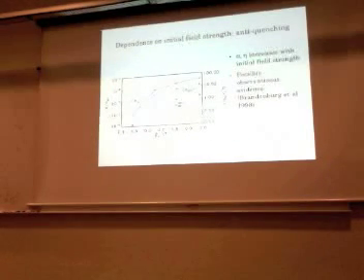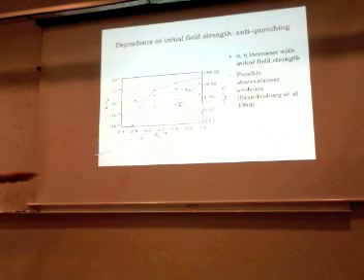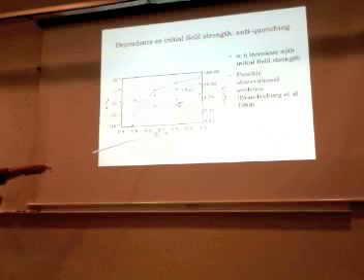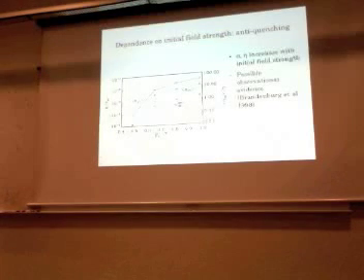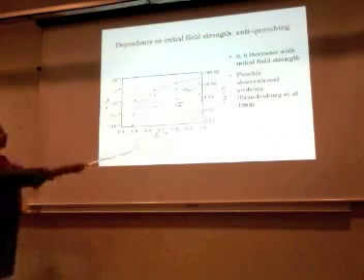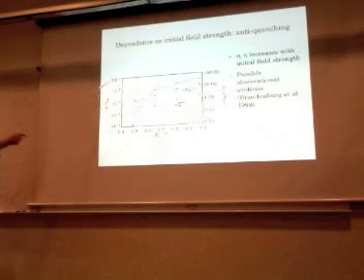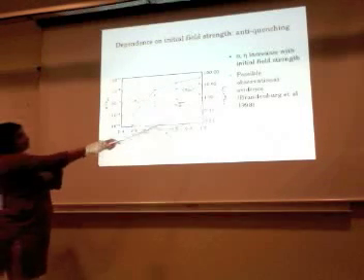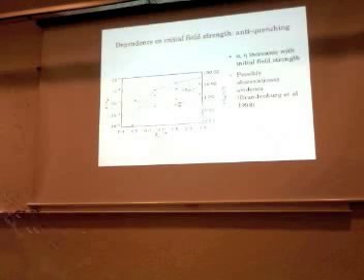Okay, and this is another interesting thing. What happens if the initial field in the layer changes? That is, in the case of stars, we can ask what happens if we change the plasma beta. For example, if you have a strong magnetic layer, what happens to the alpha that is generated due to this layer? So what we found is, this is something like a square root of the plasma beta, the initial plasma beta, which is, you can say, like the increasing magnetic field here, and these are the alpha coefficients, and then this is only one component of eta, which is eta 22, and we see that